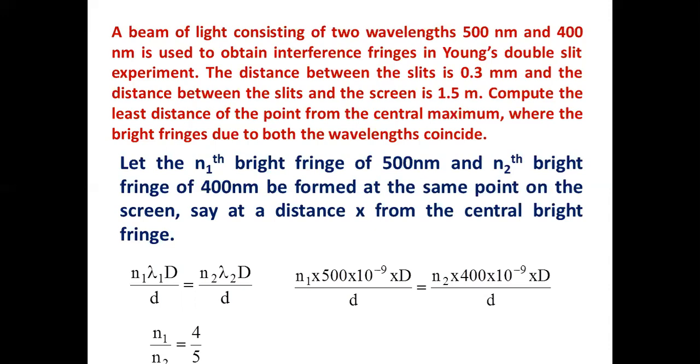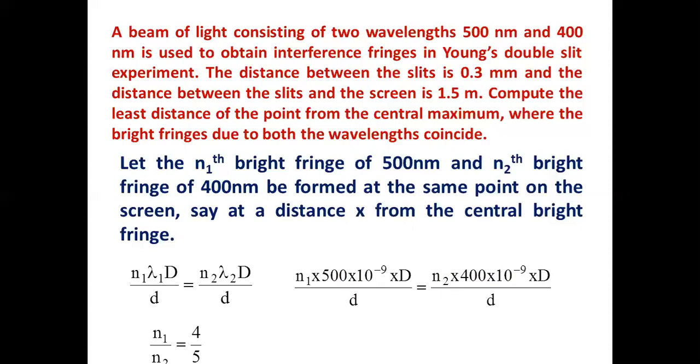You see, your foot length is 0.75 feet, correct? Your friend's foot length is 1 feet. So you have to keep 4 steps for 3 feet. If you want to cover 3 feet distance, you have to keep 4 steps. What about your friend? His foot length is more, so his number of steps may be less. Three steps will be enough to cover 3 feet distance. Similarly here, for 500 nanometer N1, fewer waves are enough because its fringe width itself is more. Whereas for 400 nanometer, more are needed.